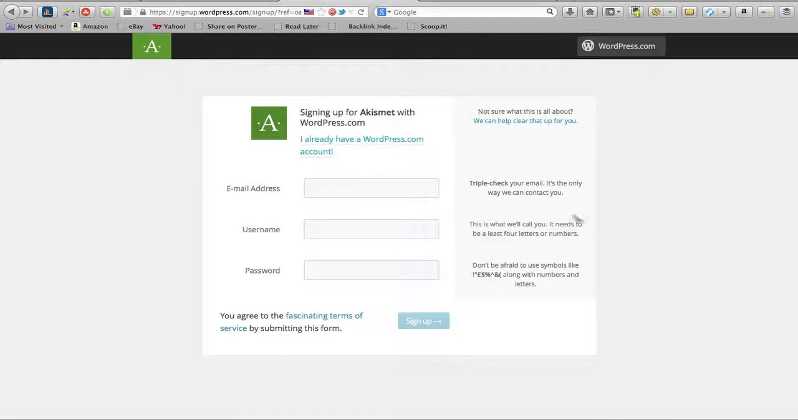Then you'll get to this screen here. In order to be able to use Akismet, you need to have a WordPress.com account. If you don't already have an account set up with WordPress.com, and if you don't know what WordPress.com is, it's the site where you can get a free version of a WordPress blog without self-hosting it. In order to have access to this plugin, you're required to have an account set up with WordPress. So if you've already got an account and you haven't got your Akismet activation key yet,